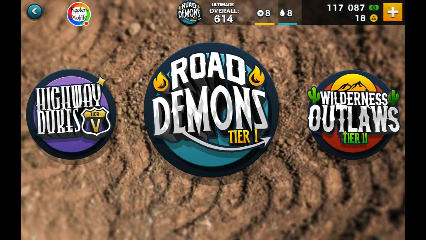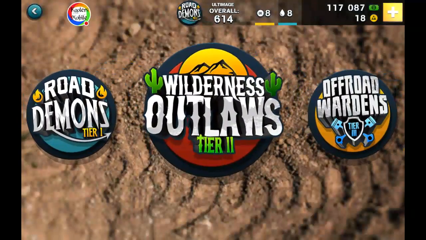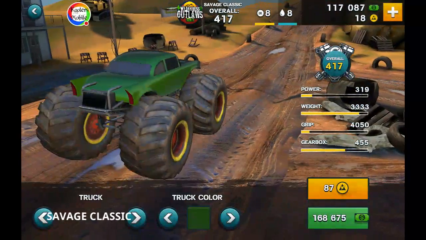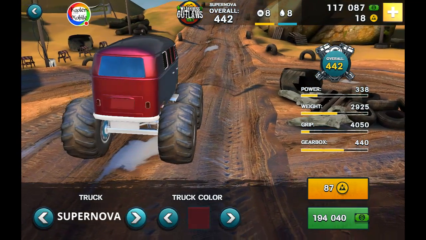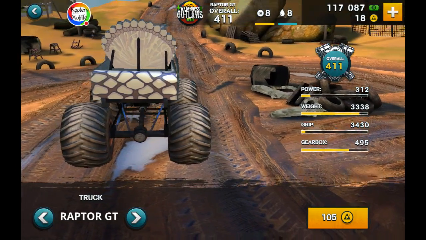Also, you can go to the truck dealer and there's tiers. As you can see, I finished up the tier 1 races right there. So you'll go on to tier 2. These are the trucks that are available for you there. The money, like I said, I don't have at the moment, but it only takes a couple of races. And any of these ones that are available for the cash option down there,